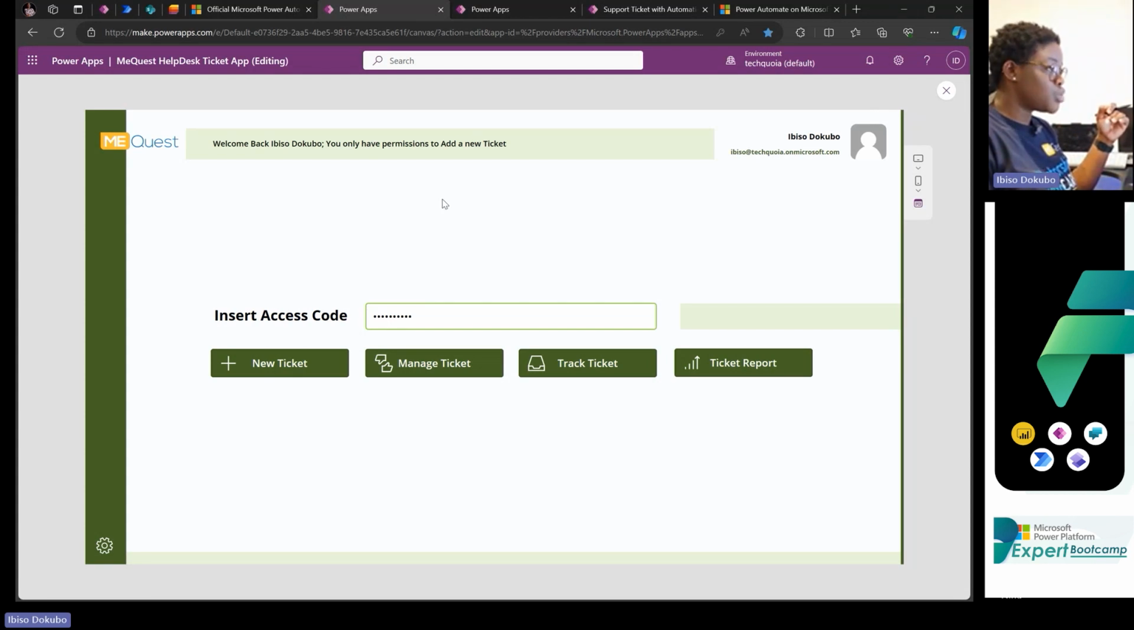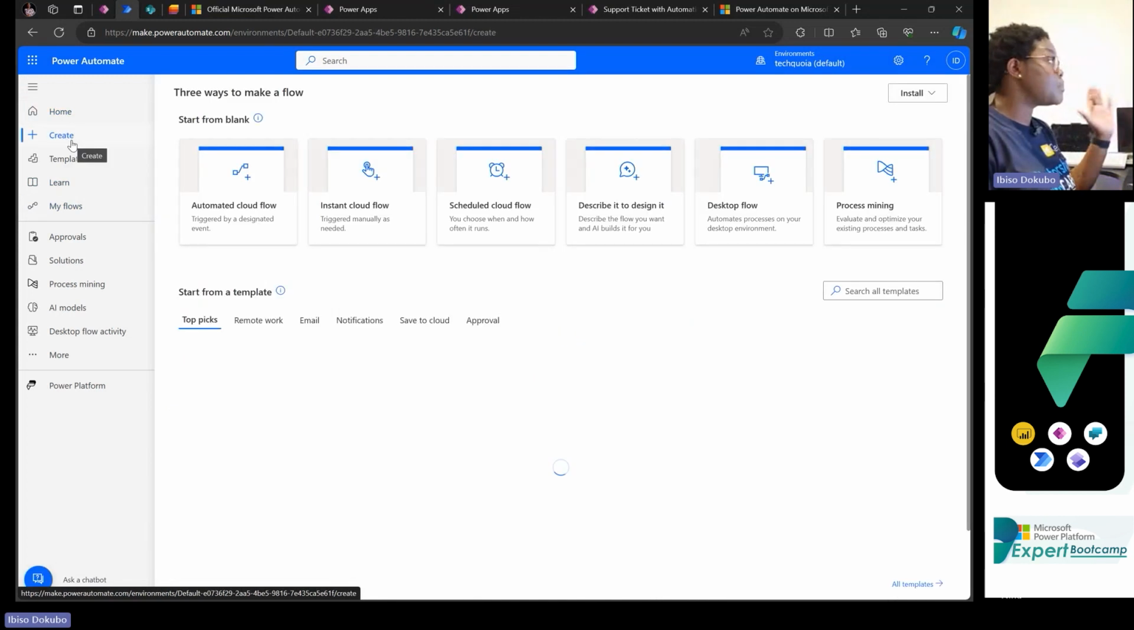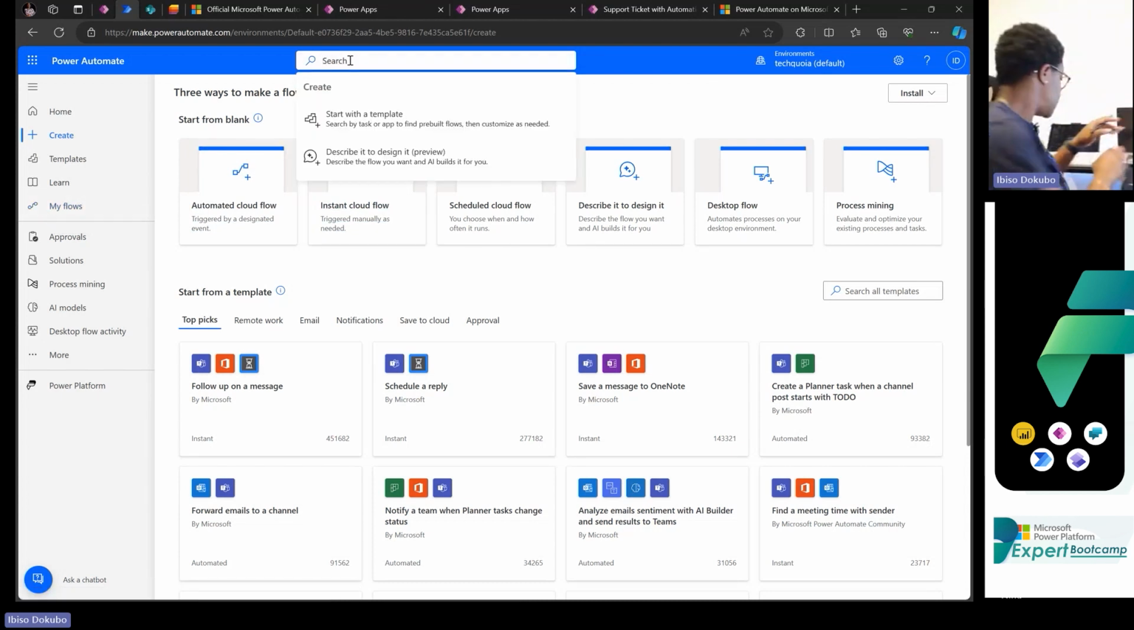You come to your Automate, which is this one, and then you create an automation for that particular app that I just showed you. The easiest way to set an automation is just for you to create it. Once a particular list is created, I'll say when an item is created,